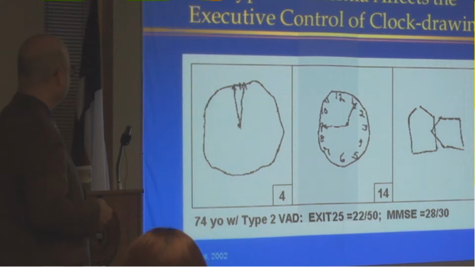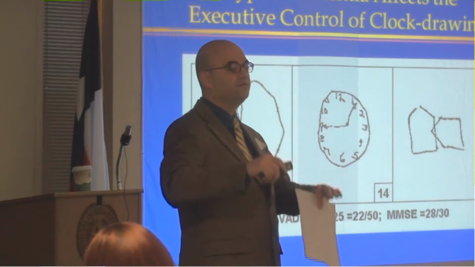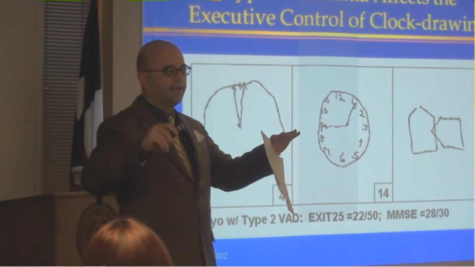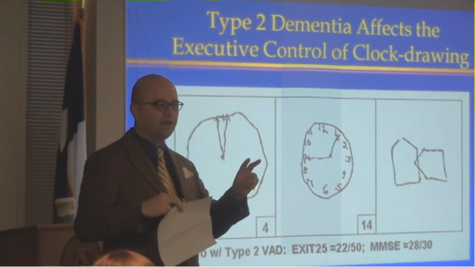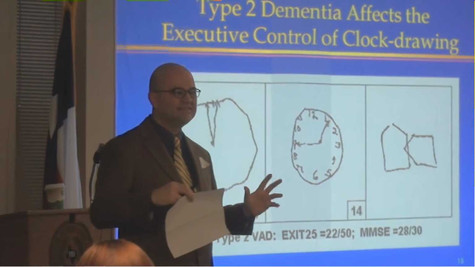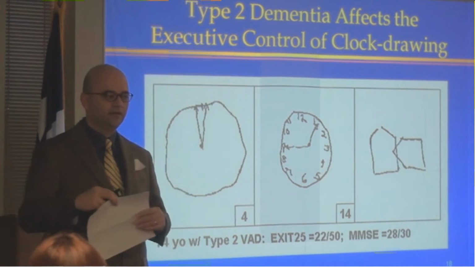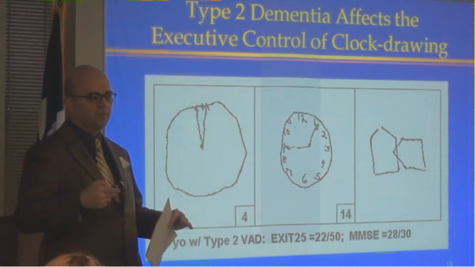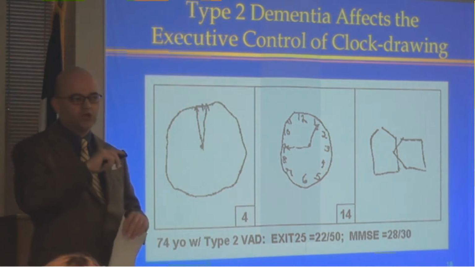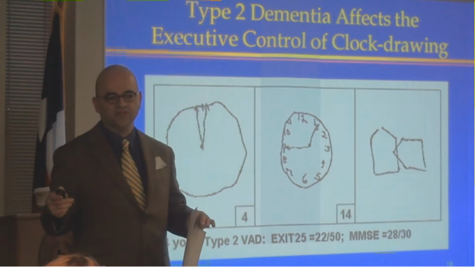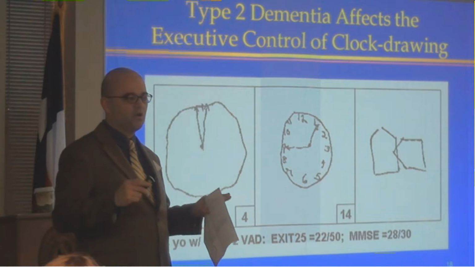So this is another example of how the clocks can help you differentiate between several types of dementia. As we talked about earlier, it could be two different types of dementia. Cuando hablamos de demencia de tipo 2, estamos hablando básicamente de una demencia de tipo subcortical o de tipo vascular. Whenever we're talking about these phenomenological differences between dementias, the classic type 1 dementia is what we call cortical dementia or Alzheimer's type of dementia. And the vascular type is the classic type 2 dementia, or subcortical type,